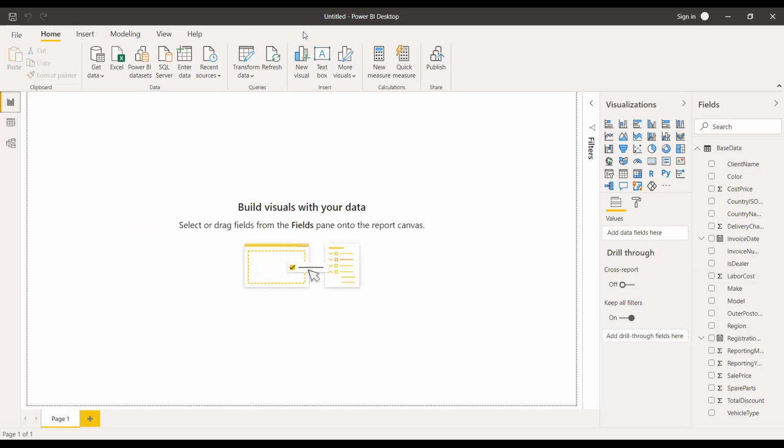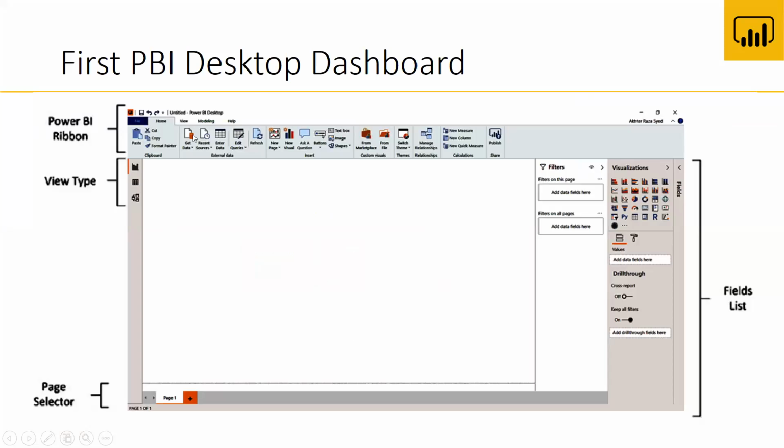So now I am introducing the major screen in Power BI. In this screen, you have a ribbon here, and these are the three views: the table view, the report view, and the relationship view.